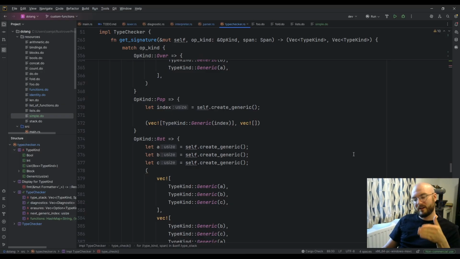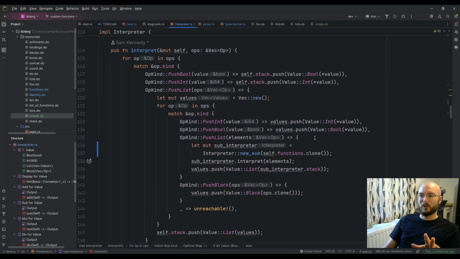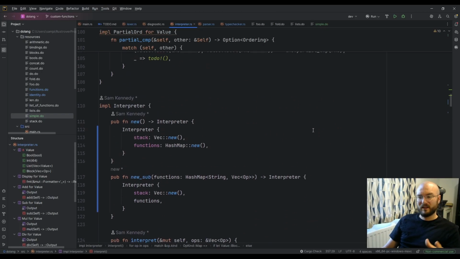Because you just get a higher order function, you just say what its signature is, and then you just write some horrendous code in the interpreter that will basically do that function. The interpreter, I'm not really worried about how efficient or clean it is at the moment, because this is probably all going to get thrown away eventually.